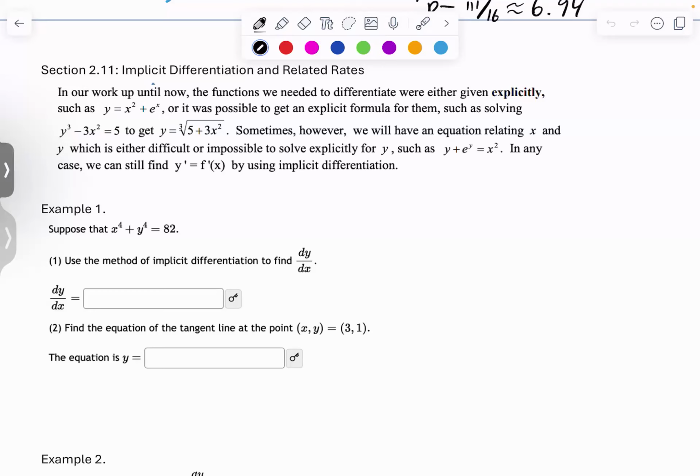In our work until now, the functions we need to differentiate were explicit, meaning y is a function of x. The problem is there are times when it may be difficult or nearly or actually impossible to get y by itself as a function of x. An example of that they have right here, and you can see that there's no way to get y by itself because we have y, a polynomial, and then we have e to the y, which is an exponential function. So there's no way to get y by itself in terms of a function of x. We can still find